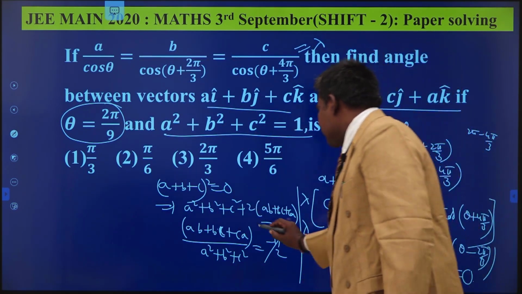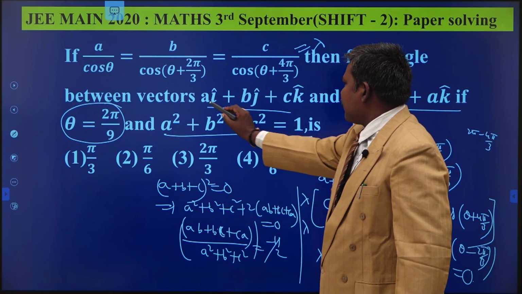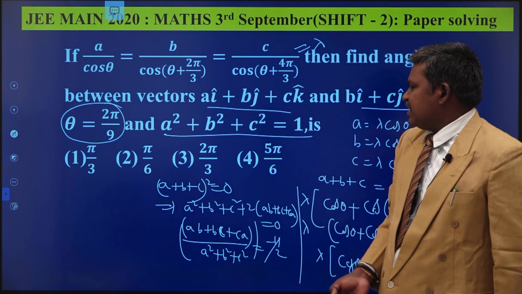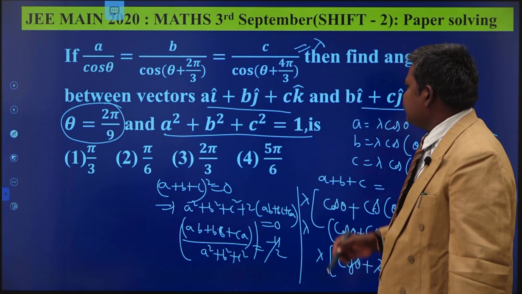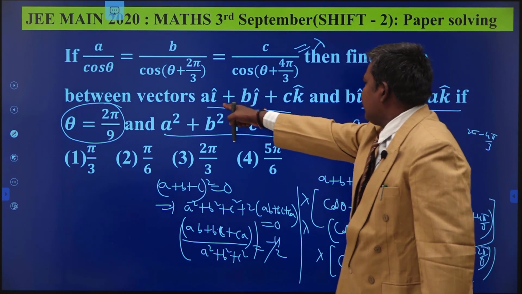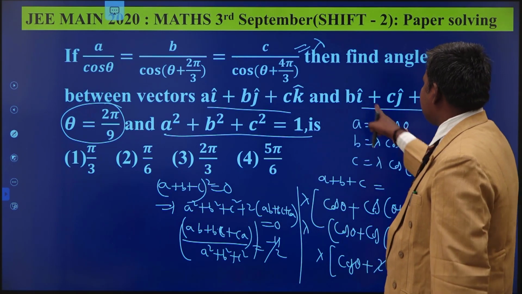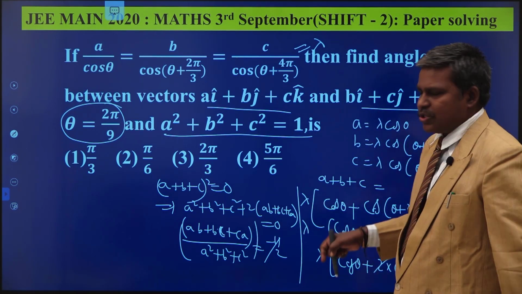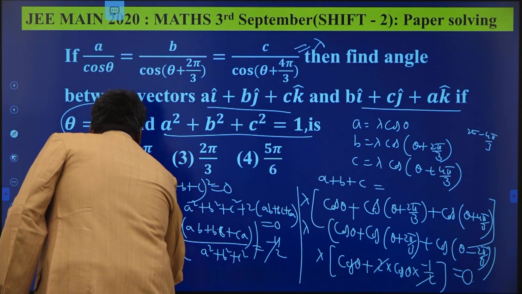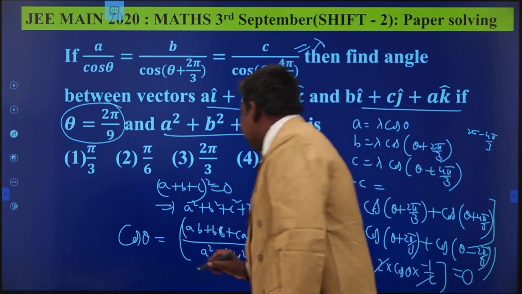My dear students, observe this value. What is this? Is it the angle between these two vectors or not? What is the dot product? A bar dot (ab plus bc plus ca), cos theta, theta is the angle between the two vectors. Then A bar dot B bar by mod A bar into mod B bar is cos theta. Therefore, (ab plus bc plus ca) by root of (a square plus b square plus c square) into root of (b square plus c square plus a square), that is nothing but a square plus b square plus c square. This is your cos theta, where theta is the angle between the two vectors. Cos theta is equal to minus 1 by 2. We mean theta is equal to 2 pi by 3.